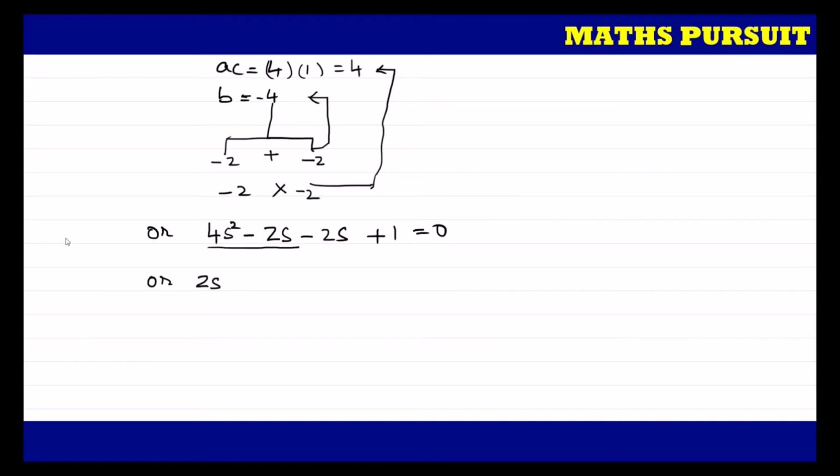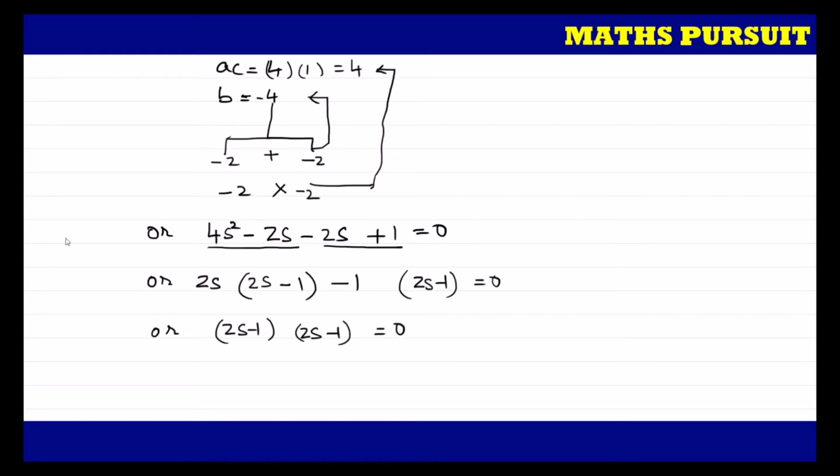So let us take 2s as common. If I take 2s as common from these two terms, I can write 2s into 2s is equal to 4s to the power 2, minus 1. So these 2s minus 1 I will write as it is, is equal to 0. What should I do so that I can get minus 2s plus 1? I should multiply by minus 1. Minus 1 into 2s is minus 2s, minus 1 into minus 1 is plus 1. Taking 2s minus 1 as common, what is left is also 2s minus 1, that is equal to 0.